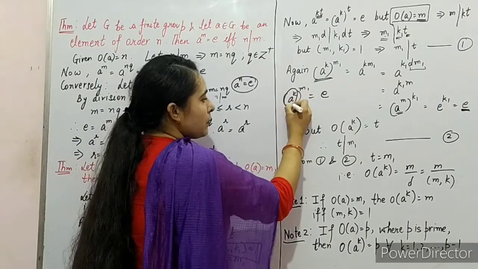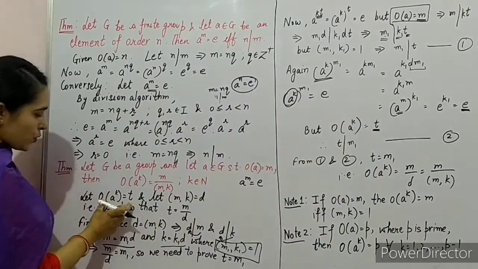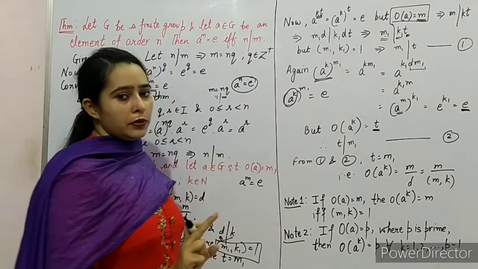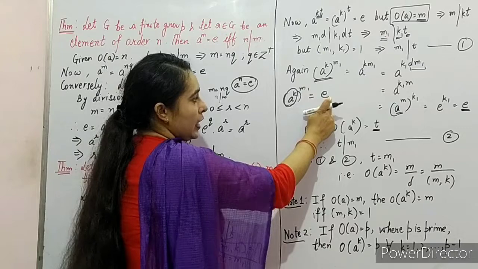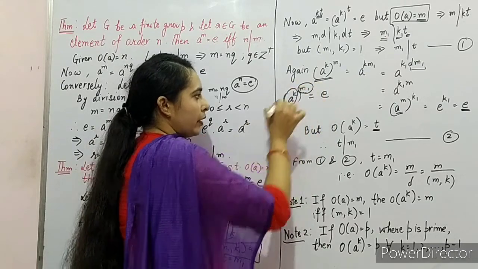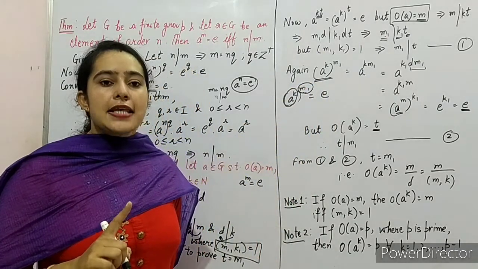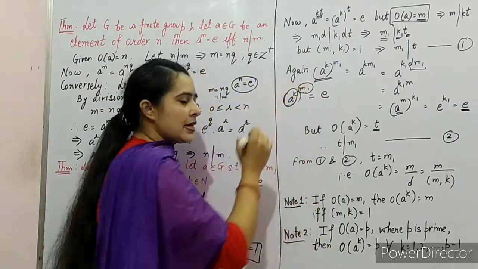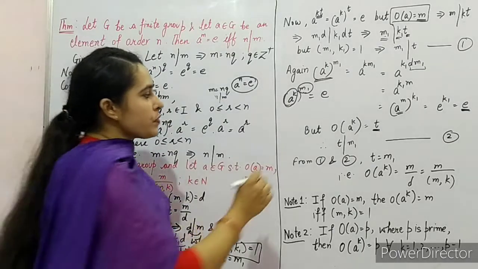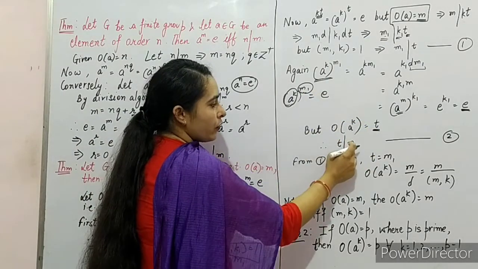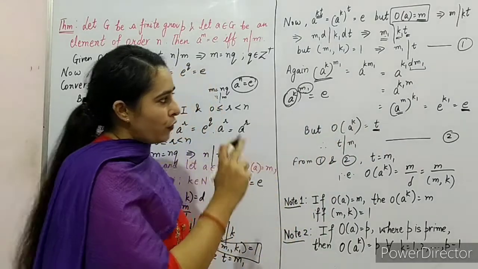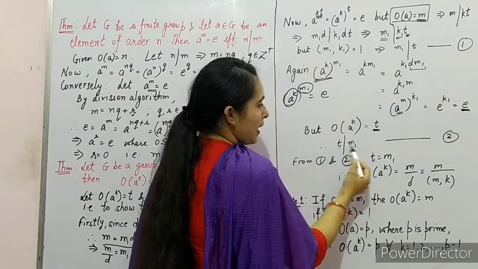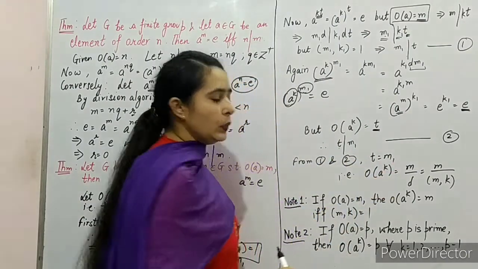But the order of this element is t. Here we have supposed it t. The order of this element is t. So, for any other number which satisfies this property, the order must divide that number. What is that number here? It is m1 here. That means this order t must divide this m1. Therefore, t will divide this m1. Let's mark it second. From first and second, we have m1 divides t, and t divides m1. That means t is equal to m1.